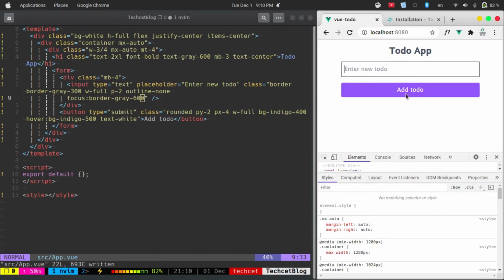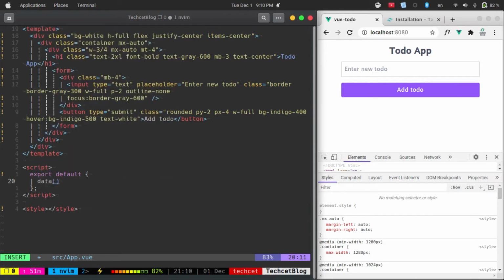and after that we need to work on the logic that if this button is clicked, it will call a function, and it will render right here. So for this, in our export default, I'm just going to create a data method, return. Here I'm just going to use newTodo, which is blank, and then todos, which is an empty array,